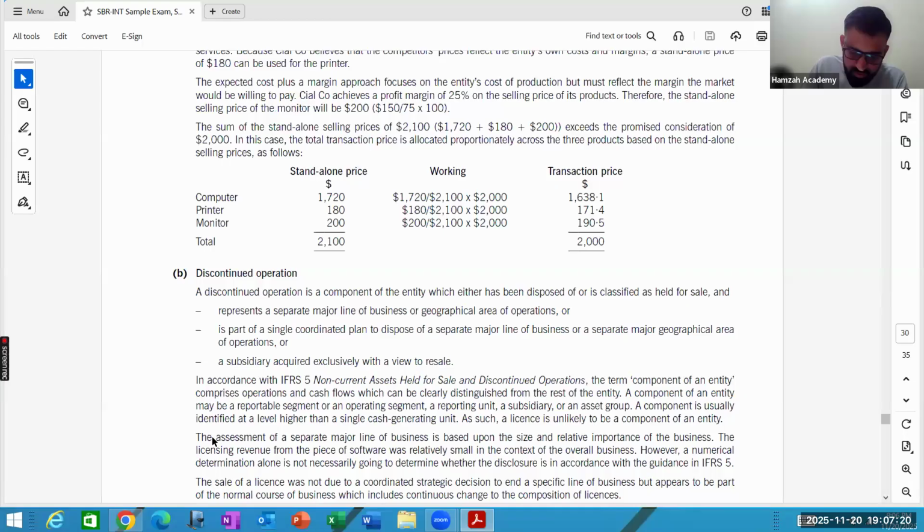IFRS 15 states that the observable price of the good or service sold separately provides the best evidence of the standalone selling price. And if the standalone selling price is not readily available, the entity should estimate the standalone selling price of each element of the product using the information